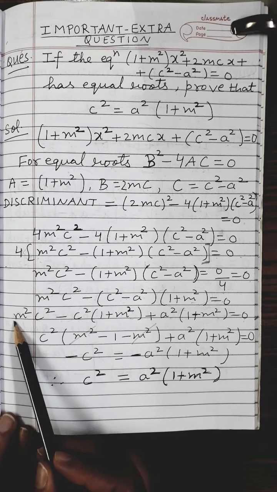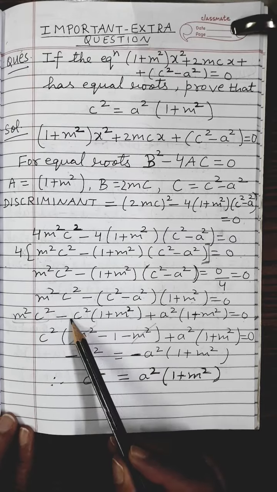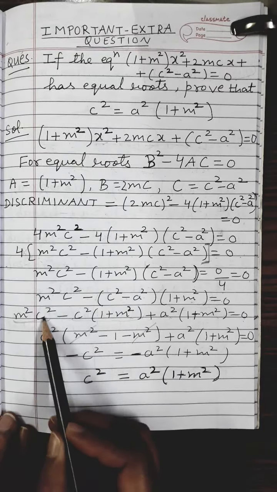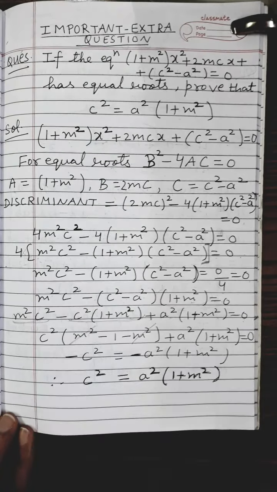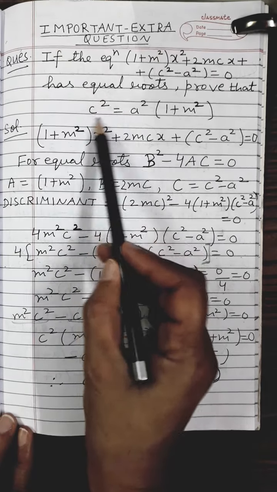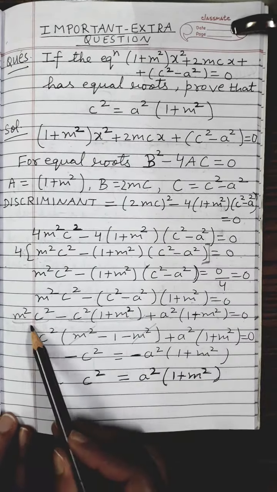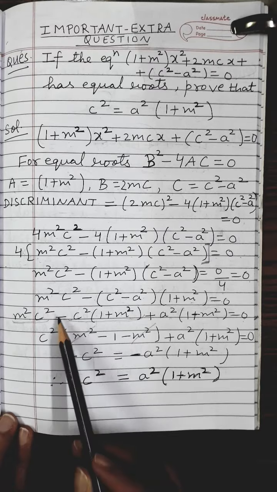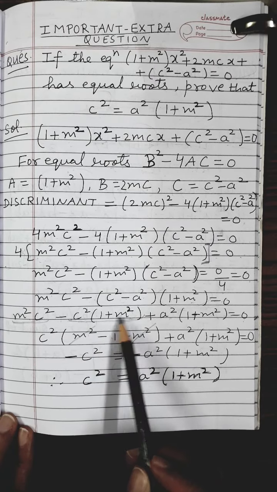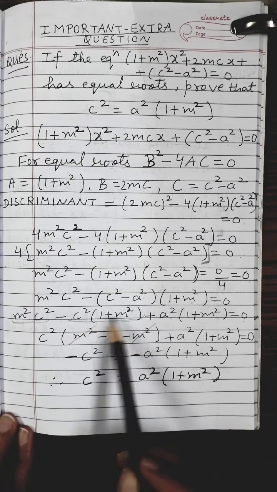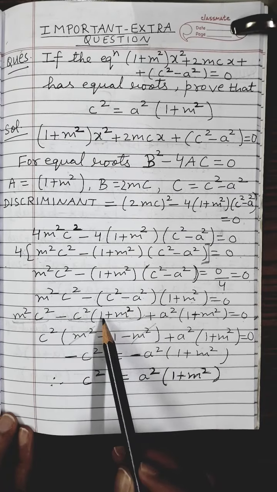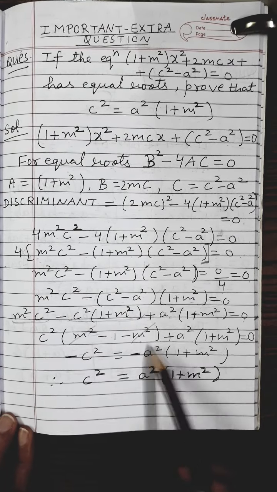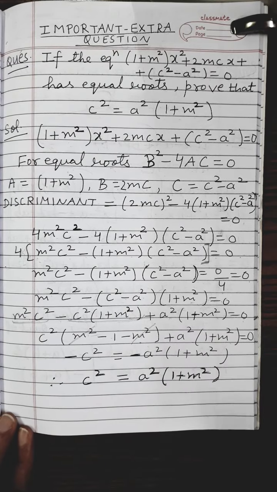Now what you see here, in this term c² is there, in this term also c² is there, and I want to isolate c². So from these two terms I will take out c² common. Why am I taking c² common? Because I have to bring c² on the left hand side. So from these two terms, what remains from the first term? m², minus, minus. What remains from the second term? (1 + m²), minus. Outside 1 + m² you have a minus sign, so if you open the bracket, this 1 + m² will give you −1 − m², right children? c² is outside, bracket close. This is a²(1 + m²) = 0.